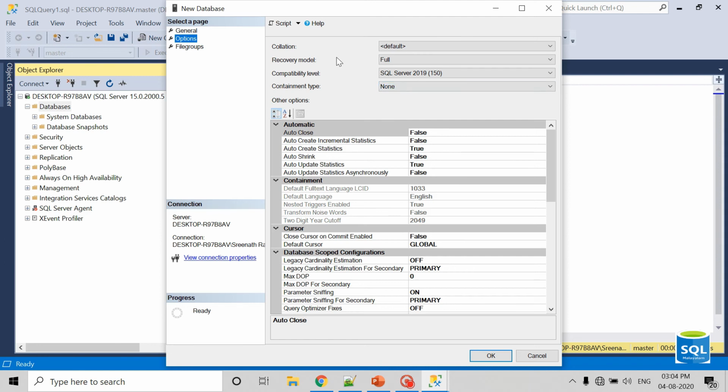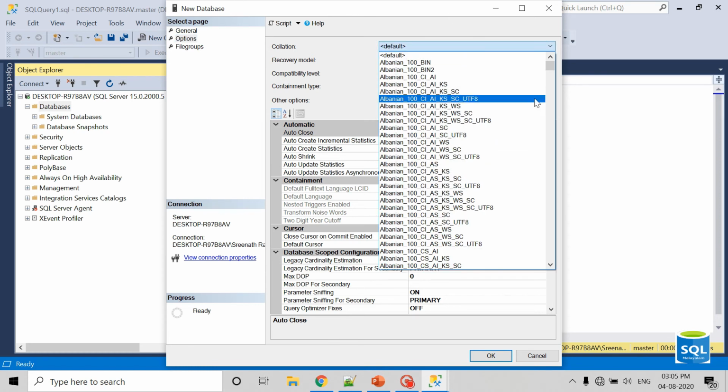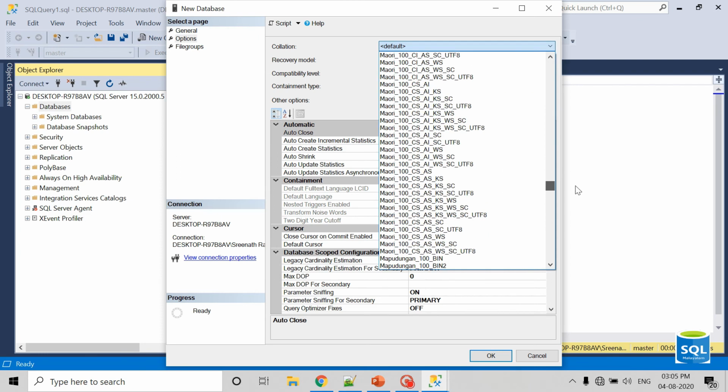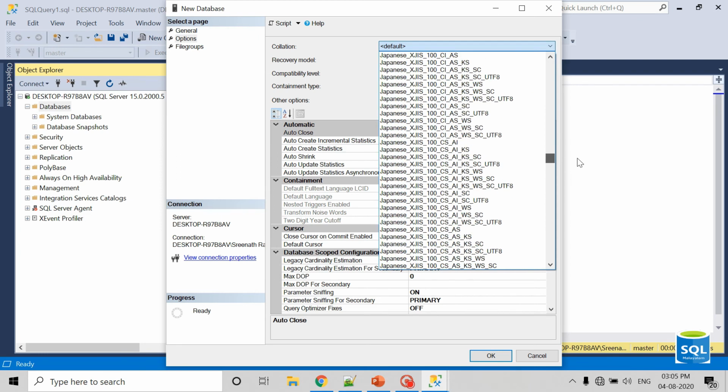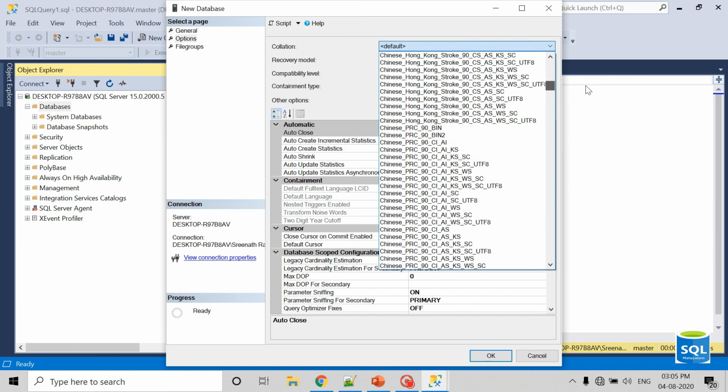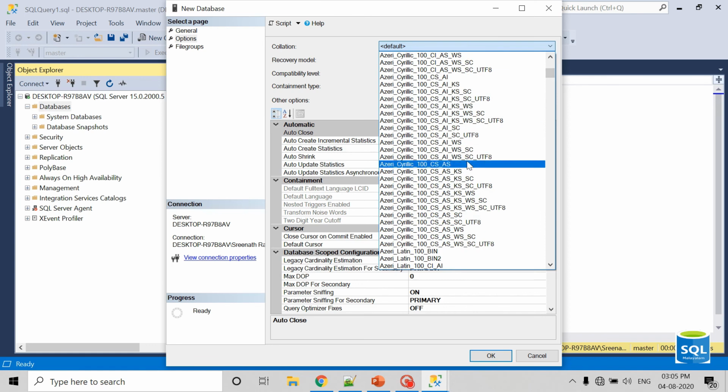Database collation is very important because by default it will set the case insensitive collation for the database. If the project needs case sensitive kind of collation, then we need to choose the corresponding value from here, or if we are targeting any specific kind of language, then we need to choose that accordingly.